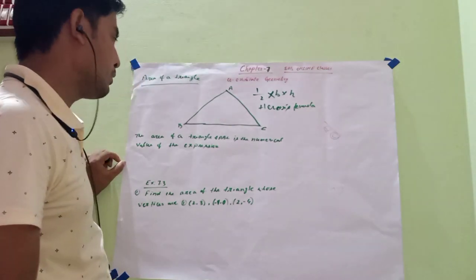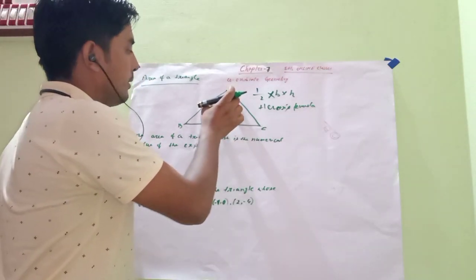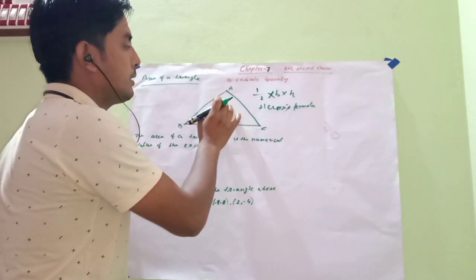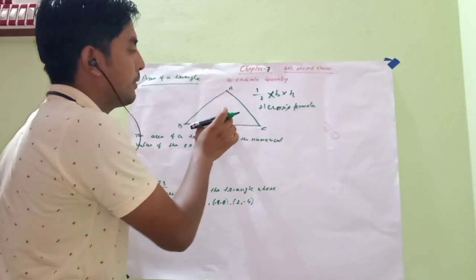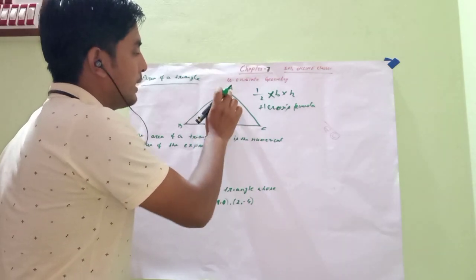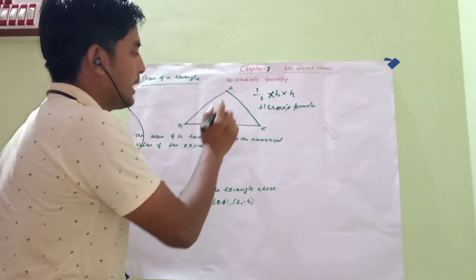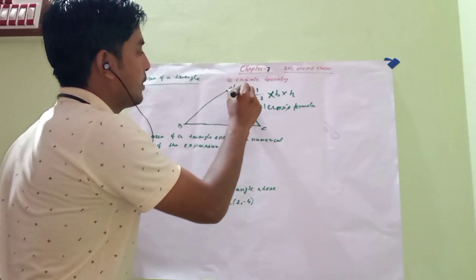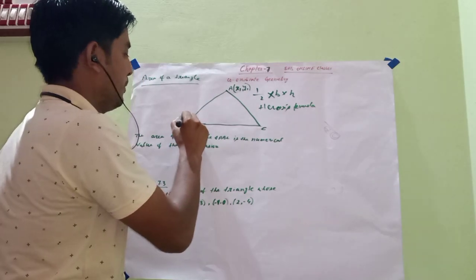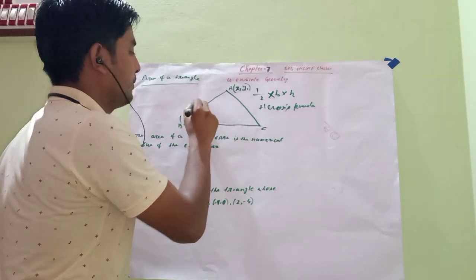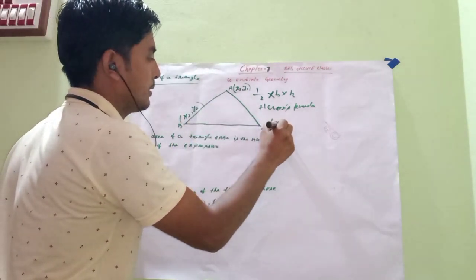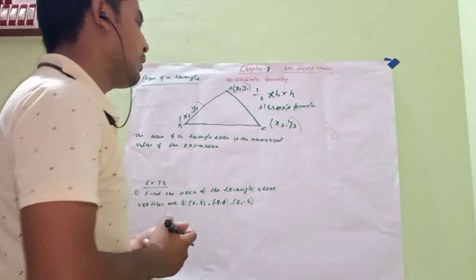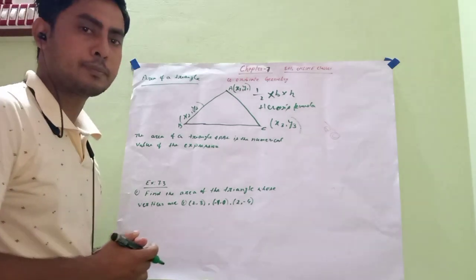Now today, suppose we are getting a triangle ABC and the altitude is unknown here, meaning they have not given the altitude, and also they have not given the measurements of the sides. Only the coordinates are given. Suppose A is x1 y1, B is x2 y2, and C is x3 y3. Now how would you find out the area of this triangle?